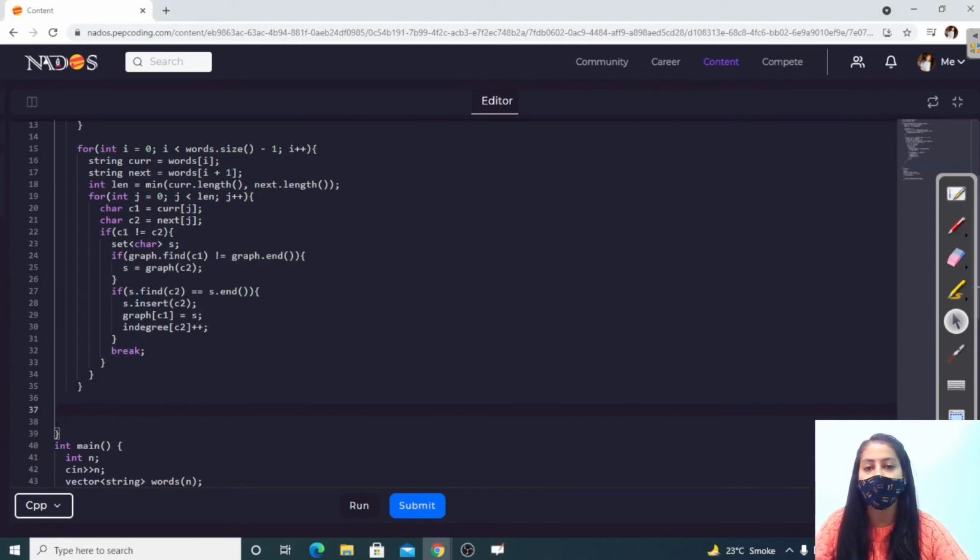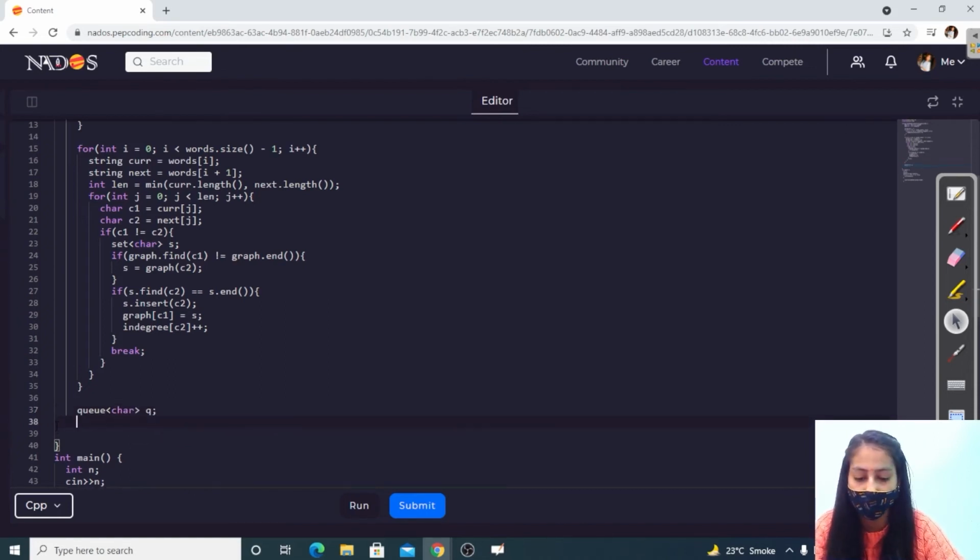So again I recommend, if you didn't watch the Kahn's algorithm video, watch that video first because we are going to use that one here, right? So in Kahn's algorithm also we are using the concept of in degree, right? So we are using a queue. Now we'll traverse the map of in degree, right?